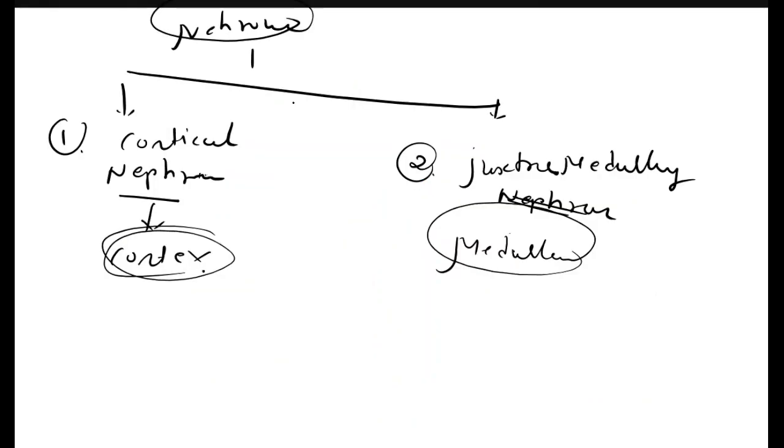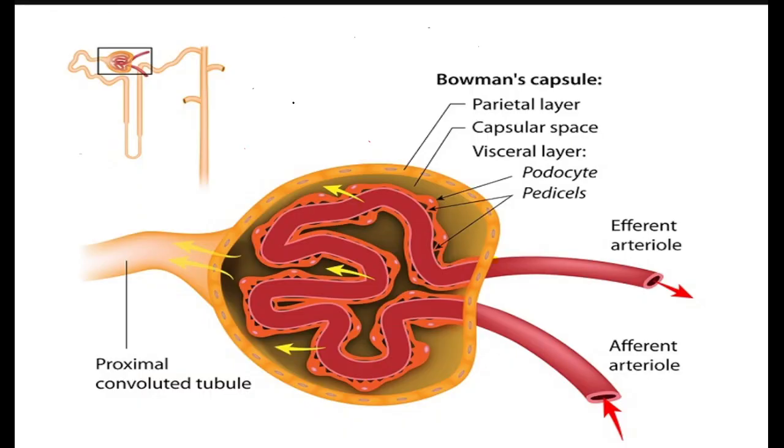Now what is the glomerulus? What do you mean by glomerulus? See, this is the glomerulus. Glomerulus is defined as a loop of arterioles or a loop of capillaries, a tuft of capillaries, which is encapsulated by the Bowman